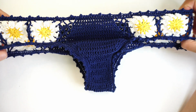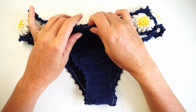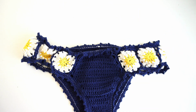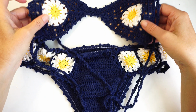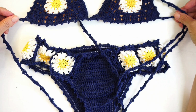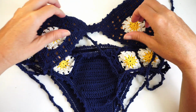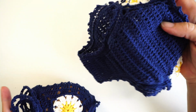As you can see it's really elastic, so I'll be teaching you how to make this bottom that matches with this top here. It's a nice set, so I'll be making this whole set for you guys this week. And so what we need to make this bikini